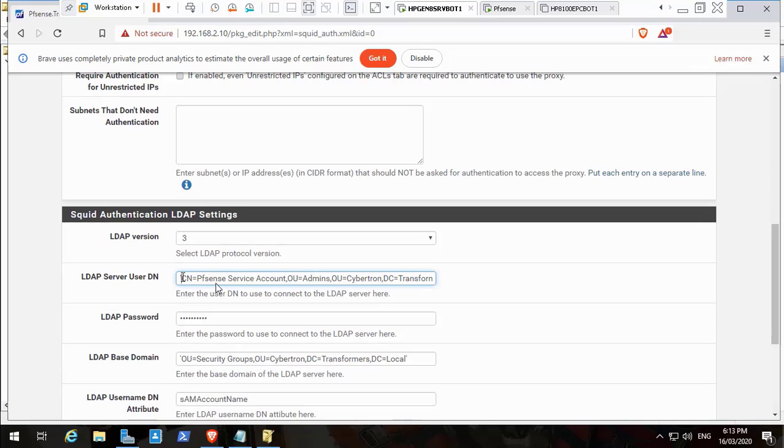Actually, because the username contains spaces between the name, you need to put it between quotes. You have to put a quote here and a quote here, because the Squid proxy didn't recognize or didn't work when I used this username without quotes. The problem is that the username contains spaces. So if you want to create a username and not use quotes, don't put spaces in the username itself. So this is a mistake, I will fix it later, but this is the username and this is the password,